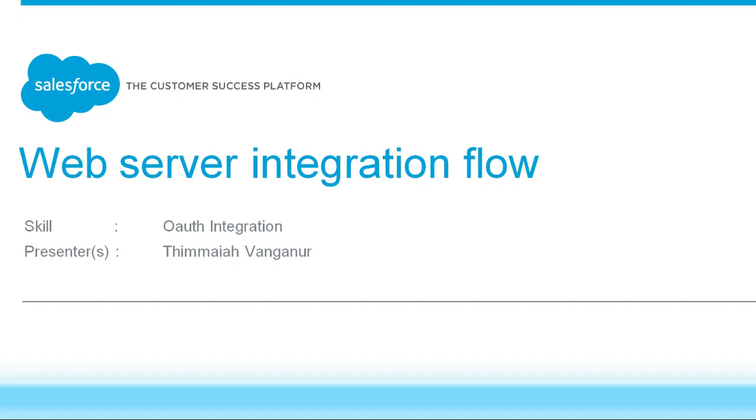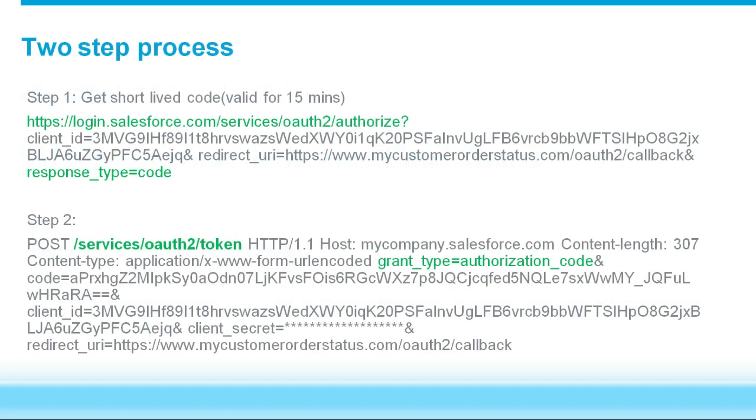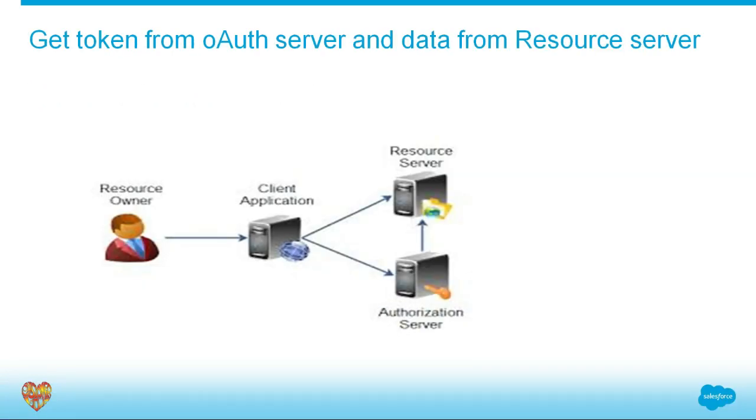Server integration flow. This is one of the most secure integration flows. In order to get an access token in the web server integration flow, we have to follow two steps. In step 1, you have to get a short-lived code. This is valid for 15 minutes. In step 2, you have to get the access token. Once you get the access token, you can go to the resource server and get the actual data which you